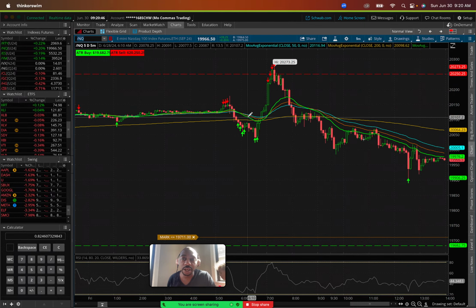But generally, I'm looking for things that are further away from these moving averages. The further away they are from these moving averages, the more exhausted they are. Like this one is way far away from any of these, right? The further away, the more exhausted. So